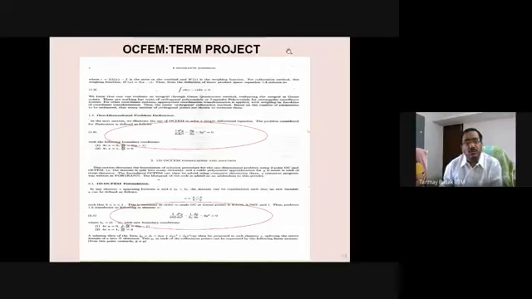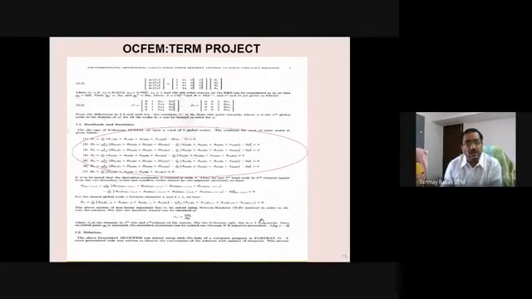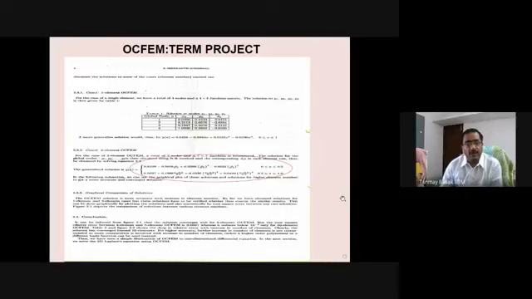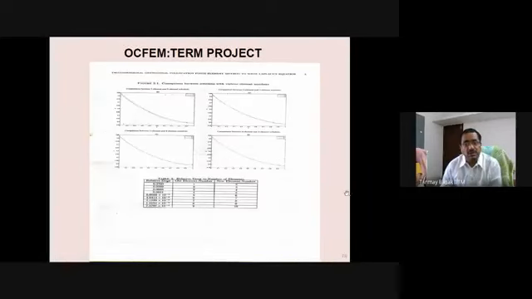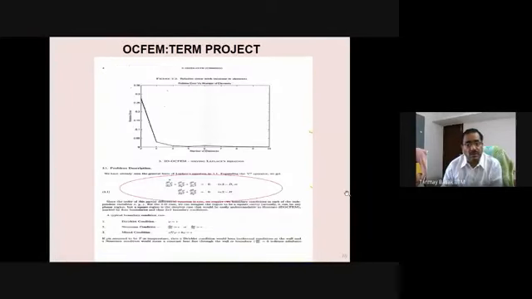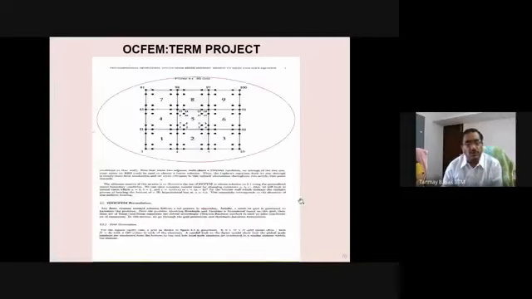So this is the problem: 1/6 d²u/dx² minus du/dx squared, and this is the one-dimensional OCFEM, and you can see that. And this is the way the residuals have been constructed in the encircled zone, and these are the comparisons, and then the CPU time level, and similarly another nonlinear problem has been solved. This is the two-dimensional OCFEM grid. You can see that the grid is not a uniform grid.